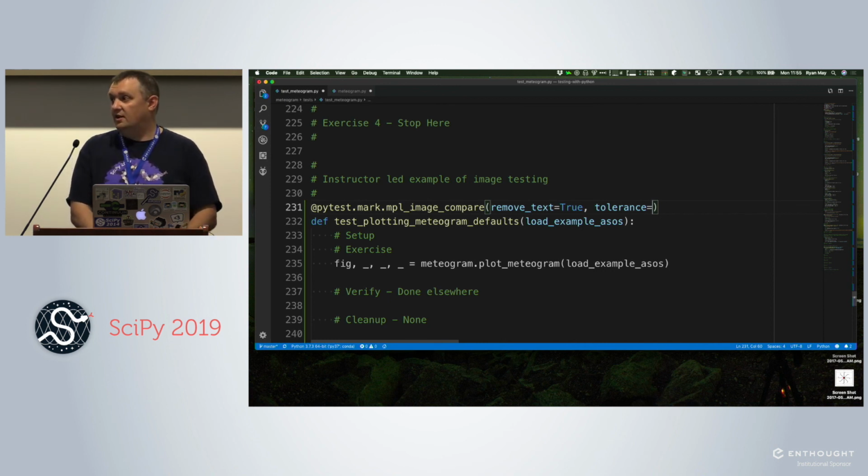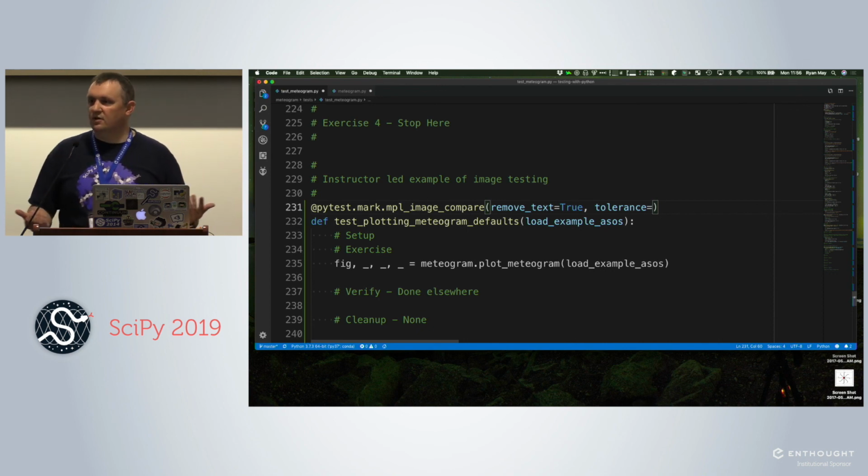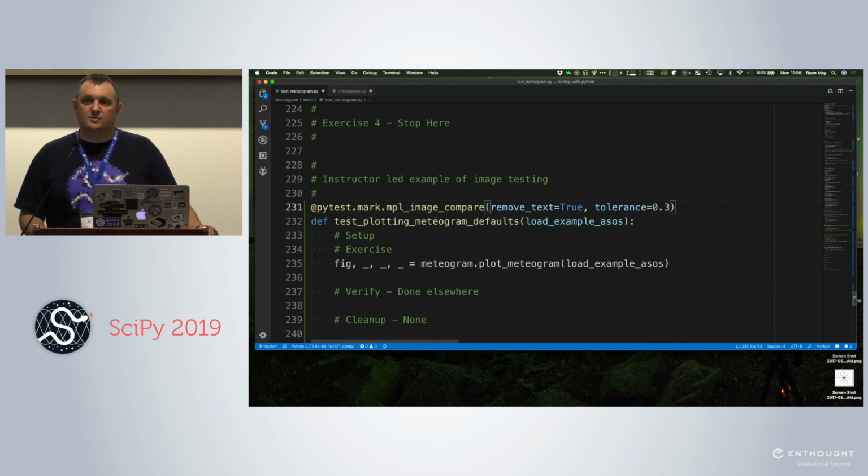Honestly, the best way to figure out what the value should be here is to see it fail, compare them, and it'll spit out the value of, well, these failed with an RMS value of 0.2 or something. And you look at them and say, this should have passed, and you put a value of 0.2, maybe 0.3. It's not something you can generally specify without seeing it fail. So I usually leave it at 0, run my test suite, over time I start seeing some failures and then adjust that value as necessary. It's not the cleanest way, but it beats not testing your plotting code at all.